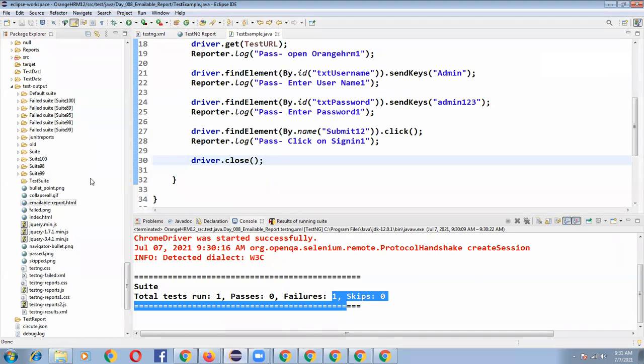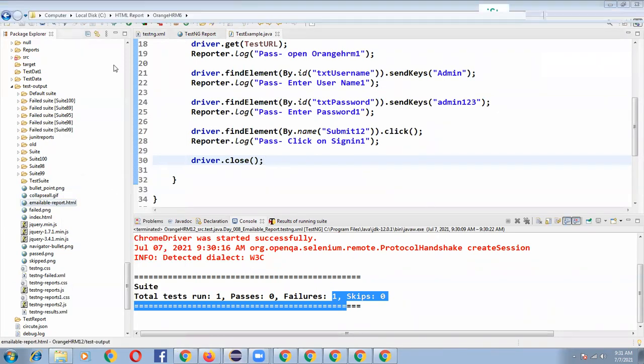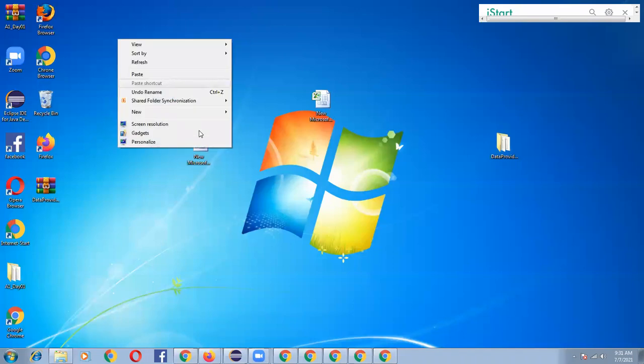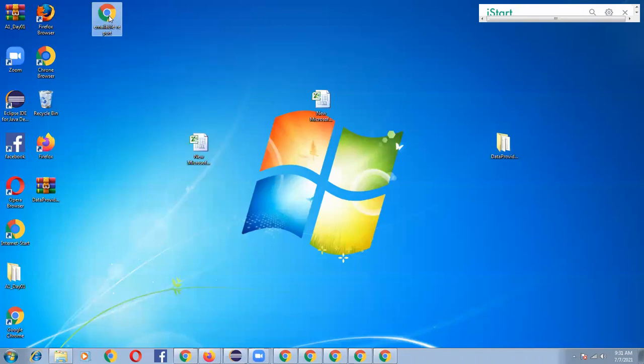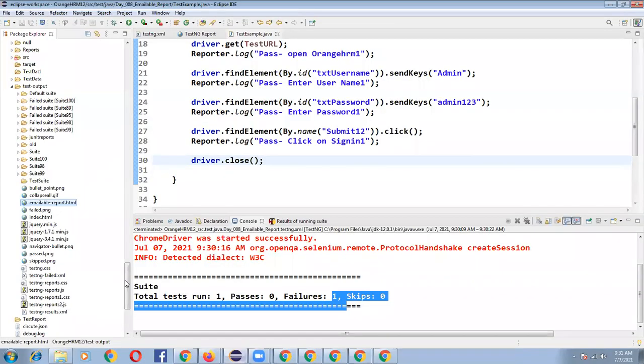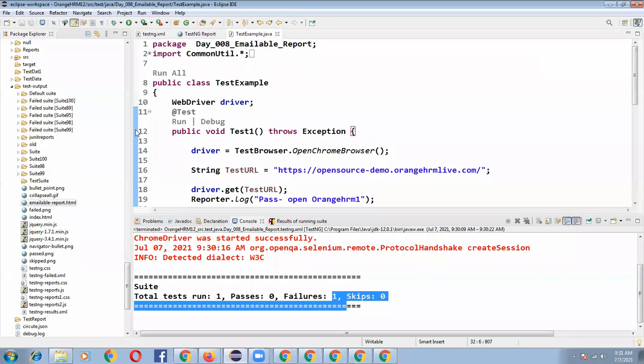I can copy this emailable-report.html, paste it on my desktop, and share these results with my client. I executed these programs and my program failed. And if it passes, I can share those results too. Like that, we can generate testng.xml and view the reports.